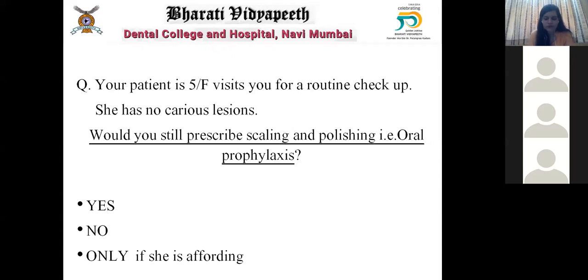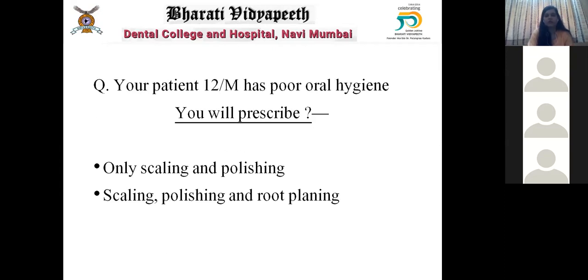So you see, the reason being every patient goes for scaling and polishing. Any and every patient, every case history that you take, every patient that you have will go for oral prophylaxis. Remember that. With carious lesion, without carious lesion, with calculus, with plaque, nothing, every patient goes for oral prophylaxis. So that is the reason you will send this patient even for oral prophylaxis. Got the answer? Yes, ma'am.